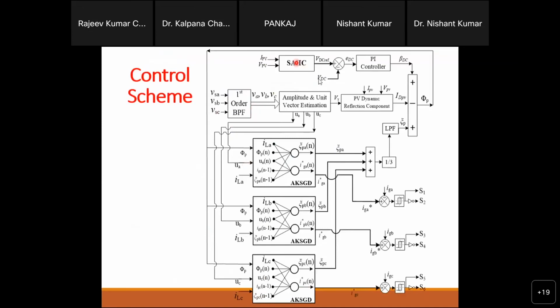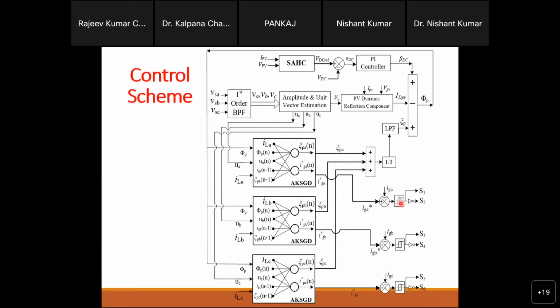This portion is for the PV MPPT, the upper part. Then this one is the voltage unit template generation, and then this is the estimation of the unit template, right? And then that will be used for the load components. These are the load components, and then all will be calculated here. This is the final one, and then you will see these are the IGA reference, IGB reference, IGC reference, and then all references are going to be compared with the actual one, and then going to the hysteresis control to generate the pulses like that.